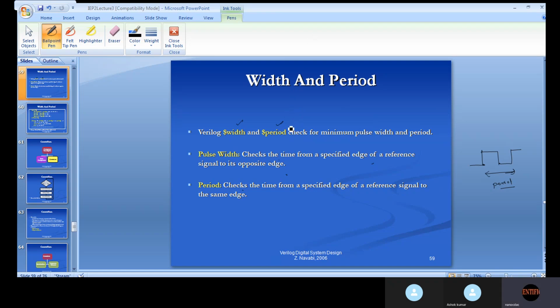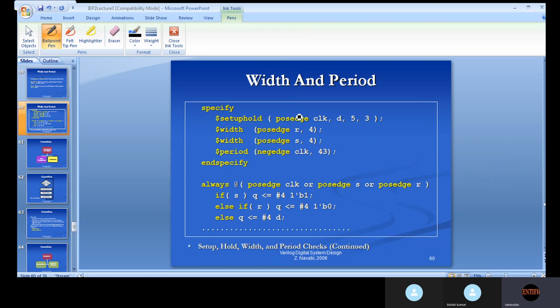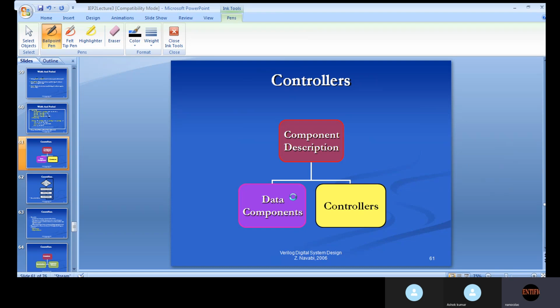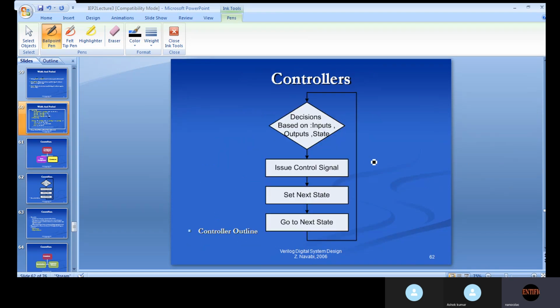So here width and period, manam pulse width gaani period gaani we can define by using dollar width and dollar period. And you can see here the width setup hold time ichanu. Width posedge ki enti I am giving 4 is the width, pulse width. For negative posedge of ante positive edge ki kuda here I am giving 4. Negative ki matram I am giving 4 for period for the negative edge of the clock, which is equal to 43. Okay, so you can see here ఇక్కడ అంటే ఇచ్చారా,